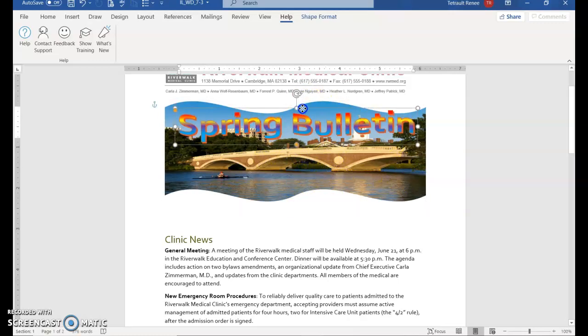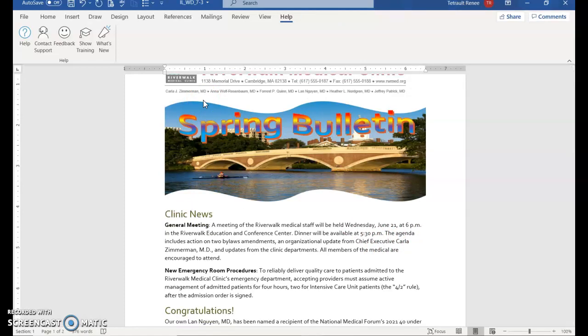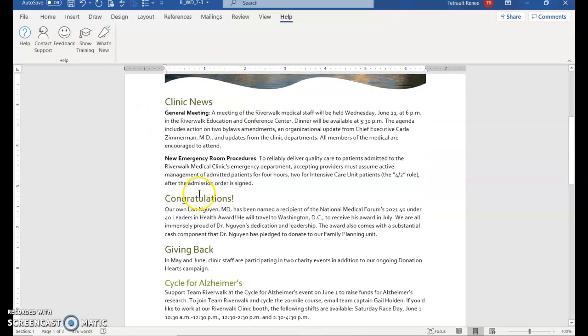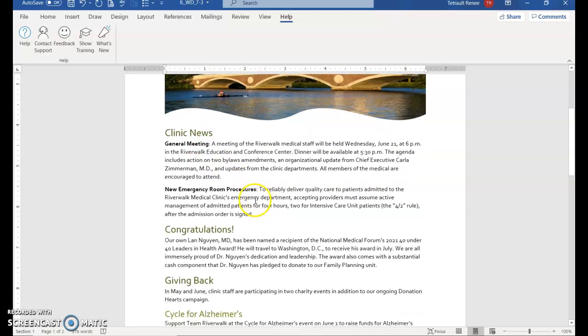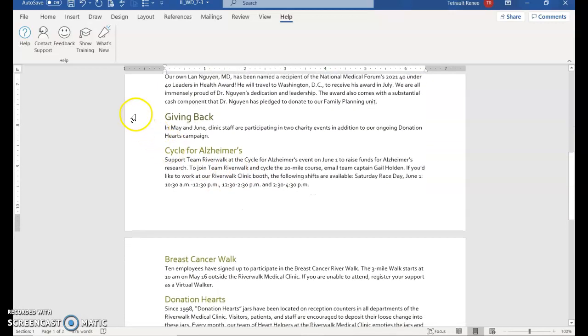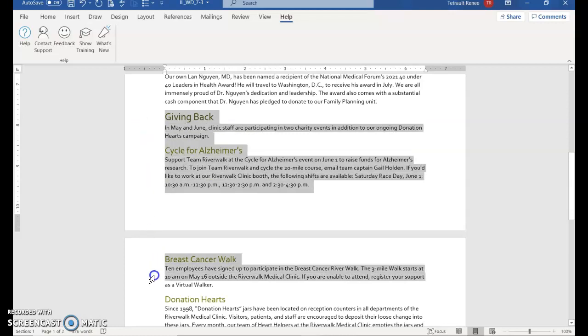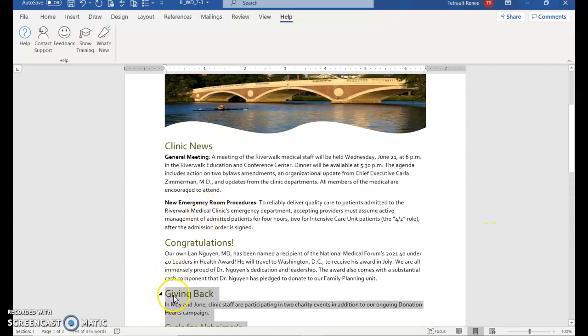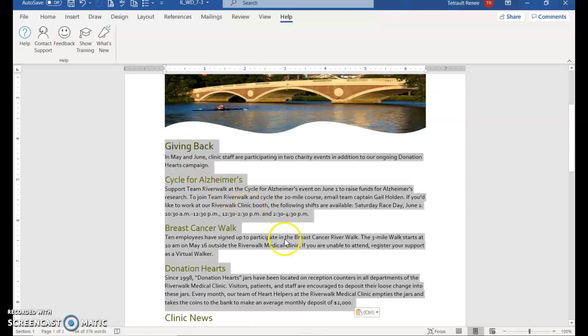Maybe move the word art just down slightly. Good. And if you have any extra space, you can get rid of the space that's in here. Just delete. And we're going to change the paragraphs a little bit. So Clinic News is actually going to be on page 2. So you're going to start with giving back and all the way through donation hearts to $2,000. Select that. And then you can cut and paste, or what I'm going to do is just hold in the gray and drag it right to Clinic News. And keep it selected,